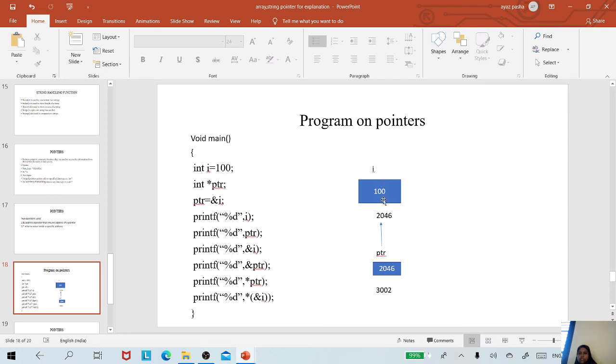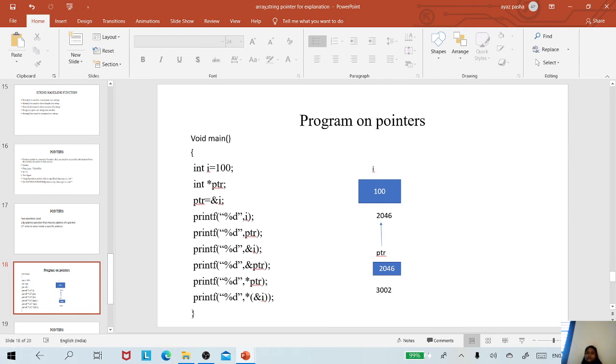A variable can hold the value; pointers can hold the address. So ptr is holding the address 2046, and the ptr variable is present in memory location 3002.